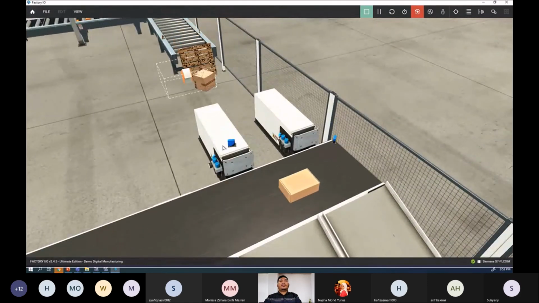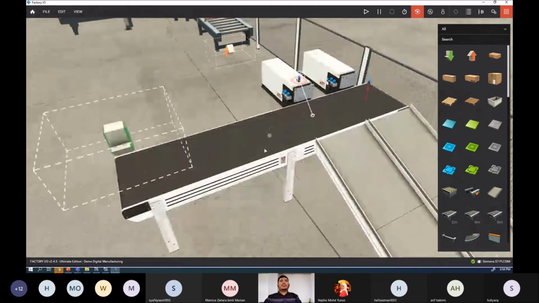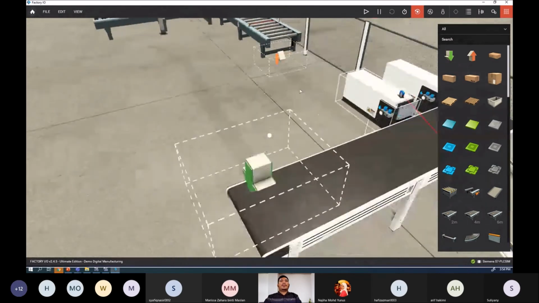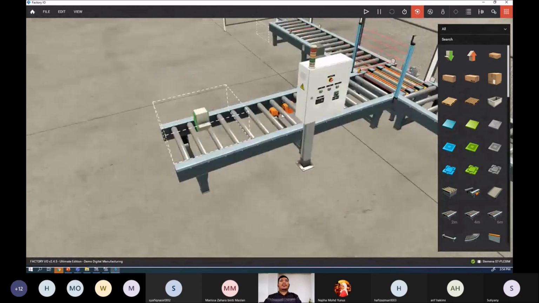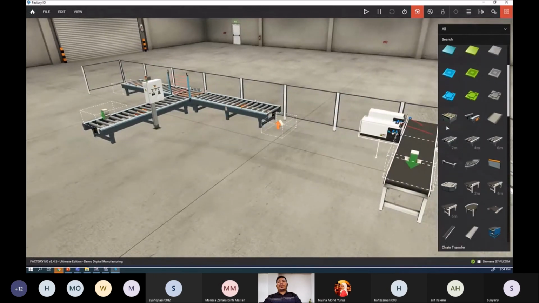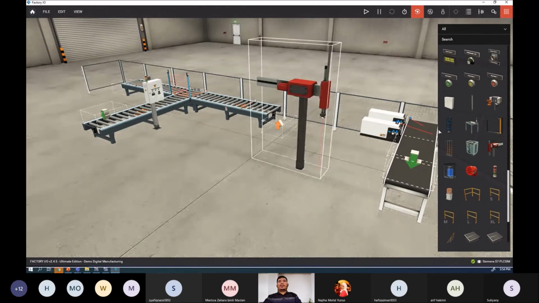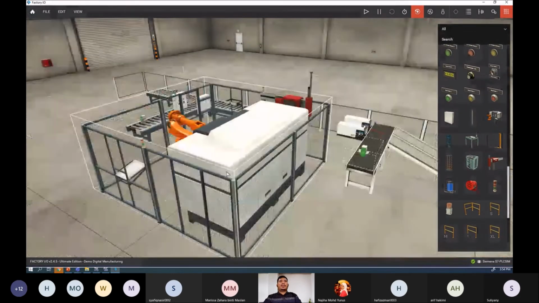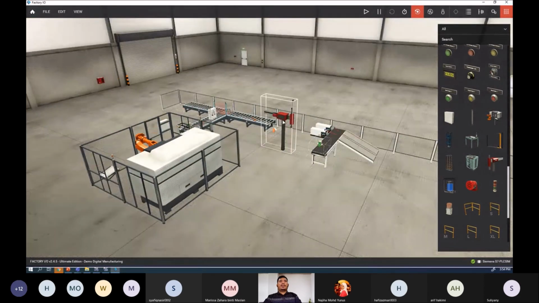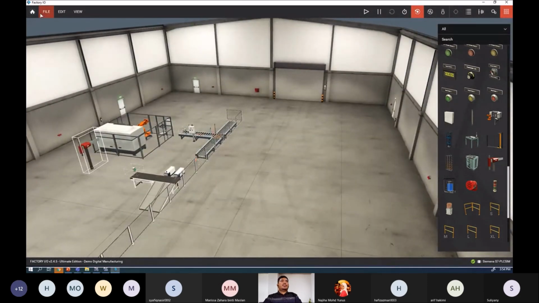What happens if this accident happens? What happens if an operator bumps into this sensor? What happens if you use the wrong sensor? What happens if this sensor is broken, and so on. This is the Factory IO software. You can do a lot of things. You can see on the side, you can pick many other things. If you want to make a robot, you can pick a robot. If you want to try this, you can try this. But you need to program it, using the Siemens TIA Portal software from earlier. Alright, so this is the Factory IO software. Okay, I'll close it first.